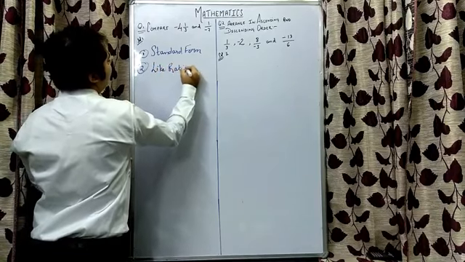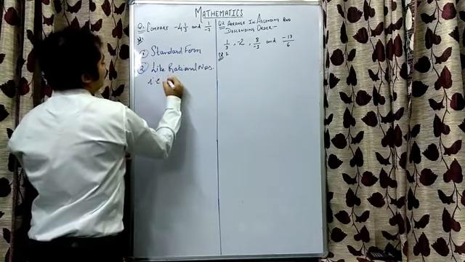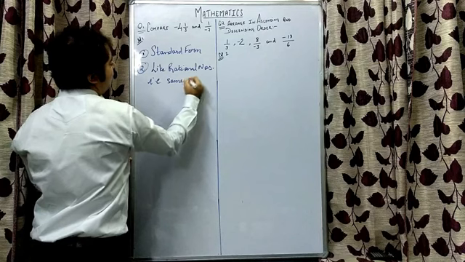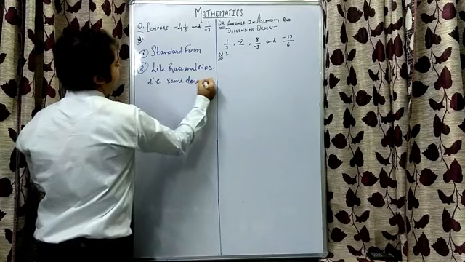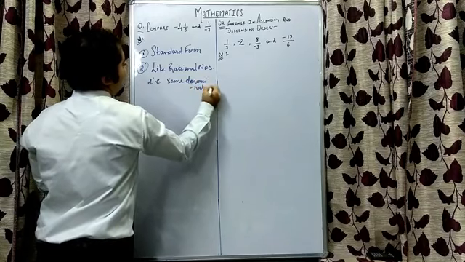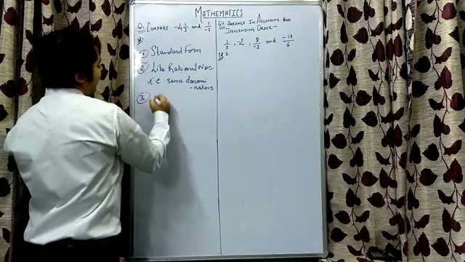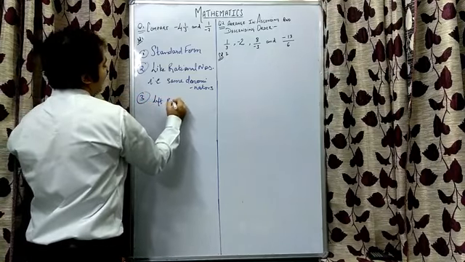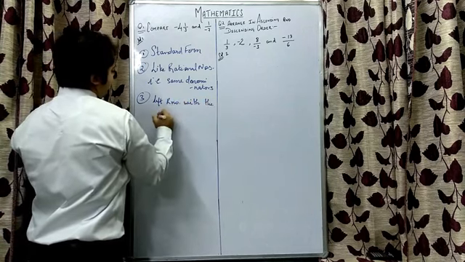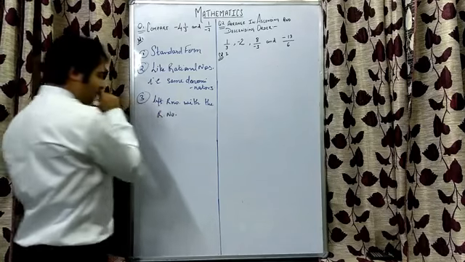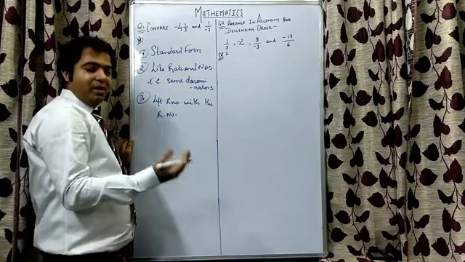What do you mean by like rational numbers? That means they have the same denominator. If denominators are not the same, we will convert them into the same denominators. And the third thing, we will always compare the left rational number with the right rational number. That means the first rational number will be compared to the right rational number, right?